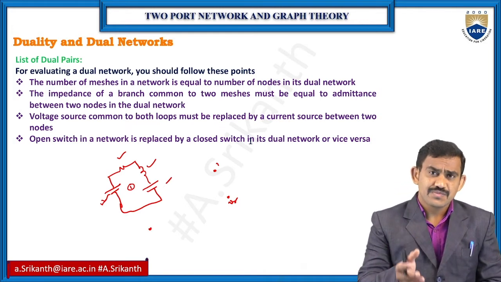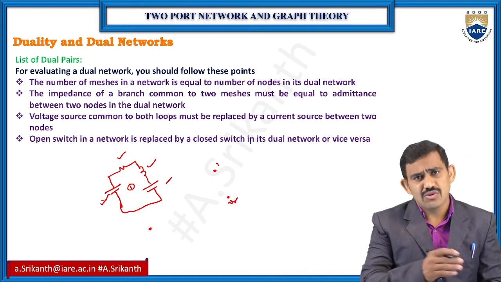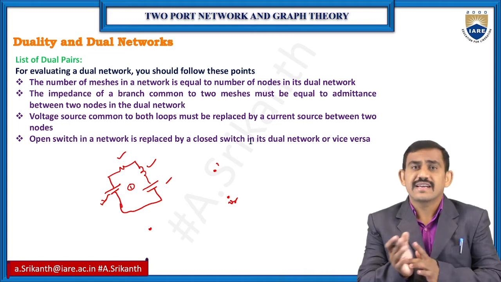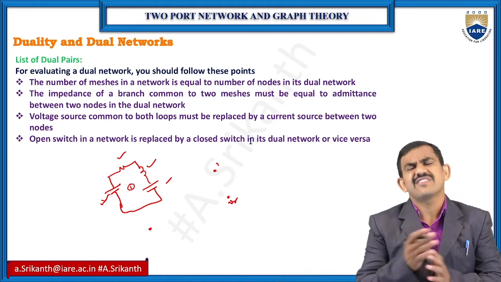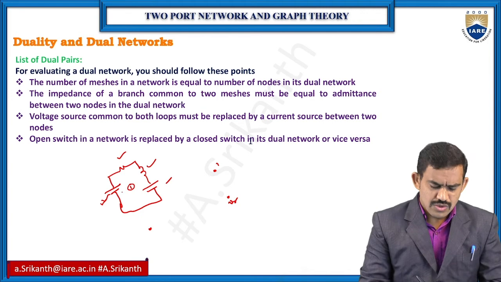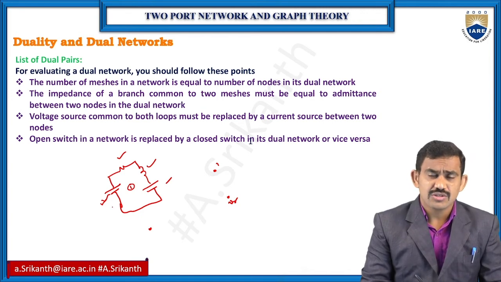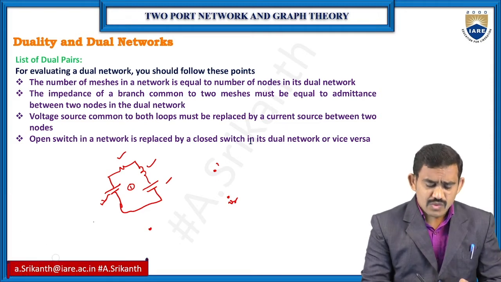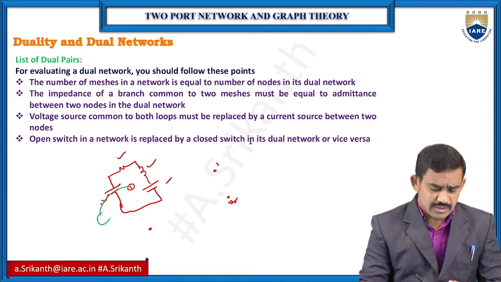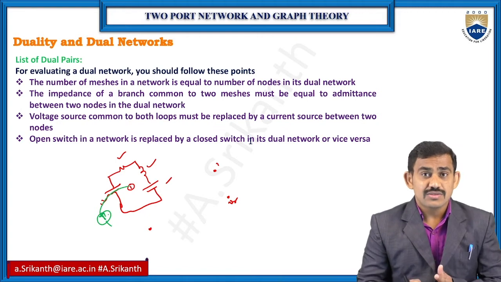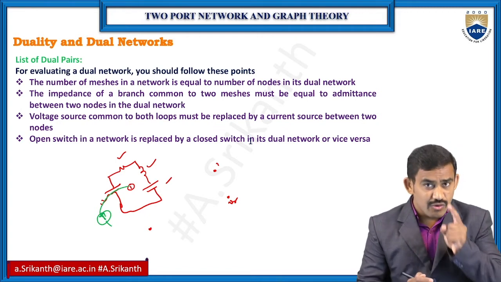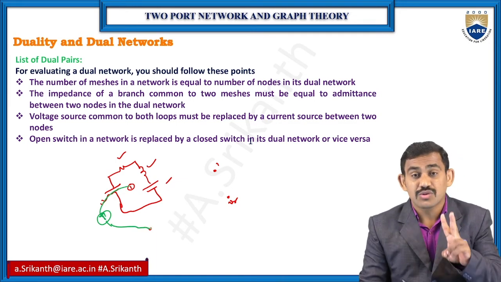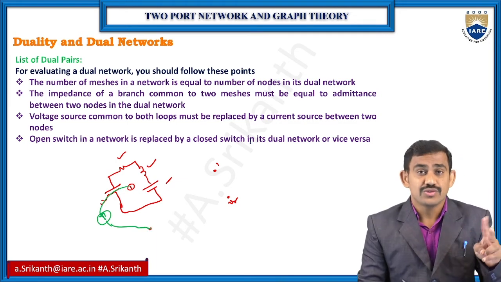Open circuit is converted to closed circuit. Kirchhoff's law also converts: Kirchhoff's voltage law is converted to current law and current law is converted to voltage law, in reverse. Now coming to here, I have the voltage source. How many currents do we have? Only one current. So we need to convert the voltage source to a current source, but where do I need to connect it? Between which nodes? We have only one current, so it is connected to the reference node. If you have two currents, then connect between two nodes.